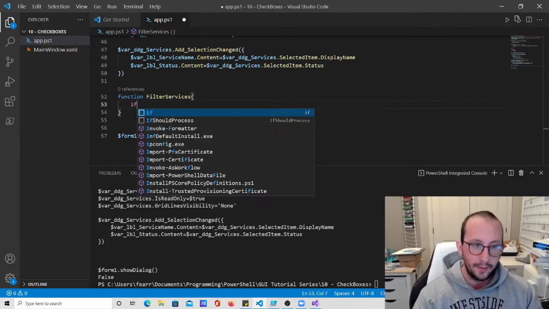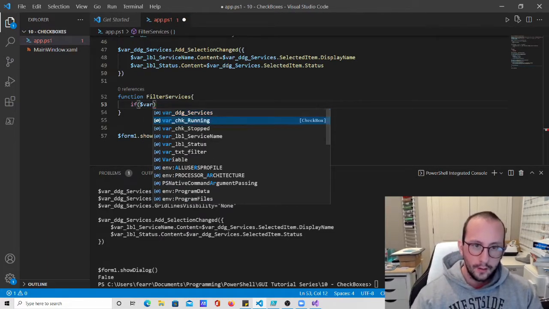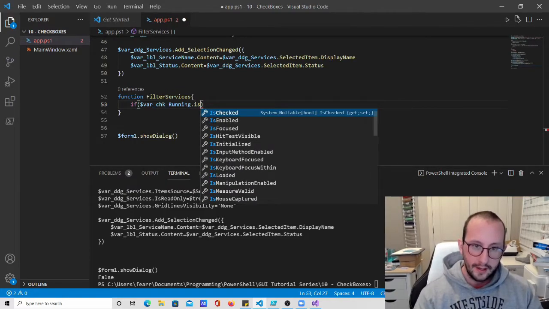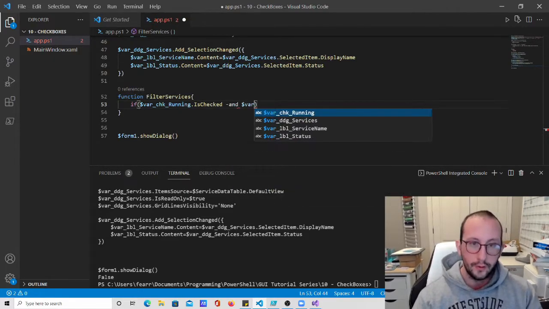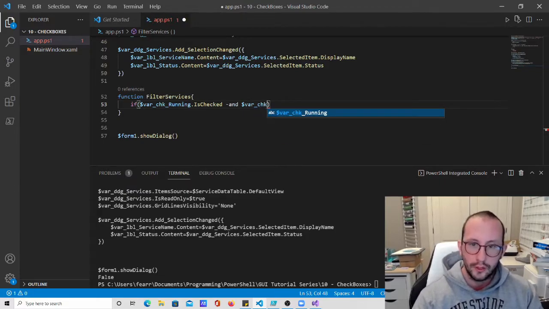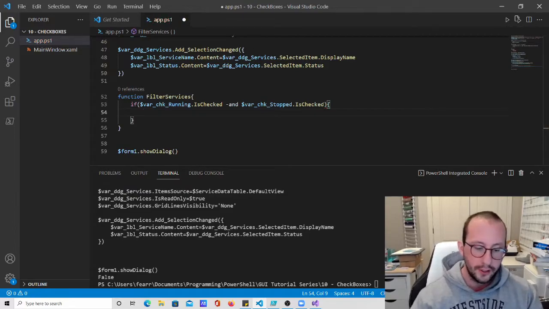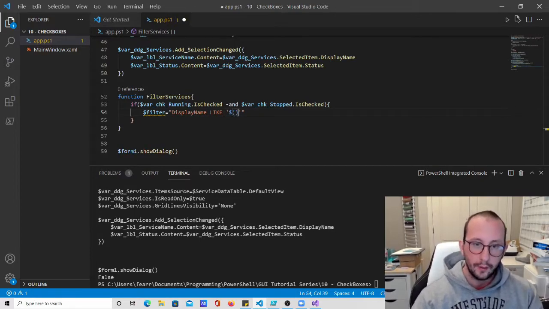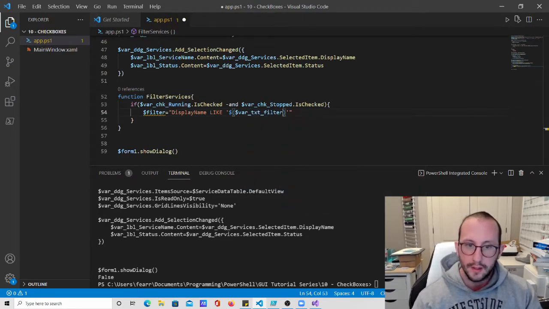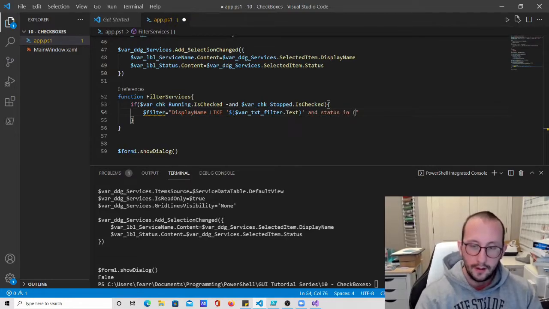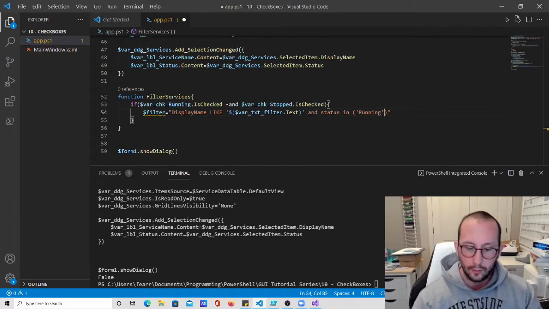And then in here, we are going to start with an if statement. So we're going to do an if $var_checked_running.IsChecked, then a dash and, if the $var_check_stopped is checked. So if both of these are checked, we are going to do a filter equal to DisplayName like, and then in here a single quote, and then our variable, which is going to be $var_text_filter.Text, and Status in, and then open and close parentheses, and in here we're going to do running and